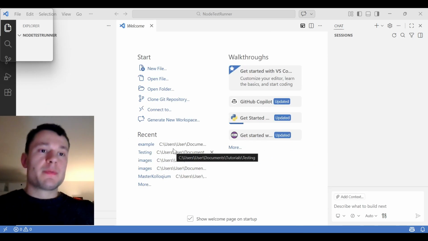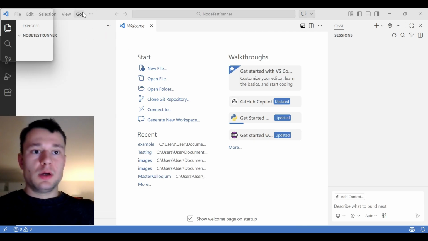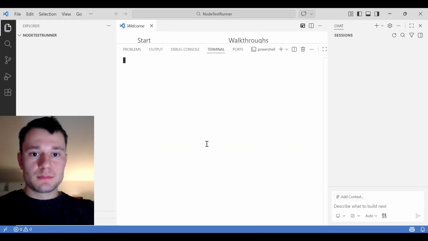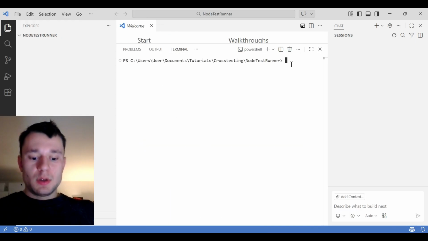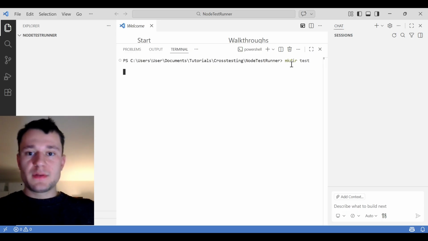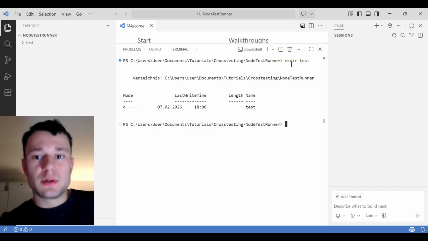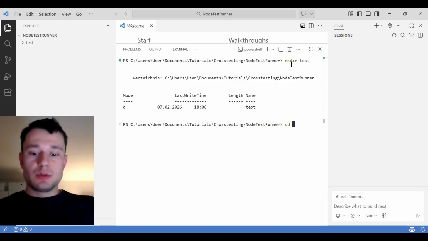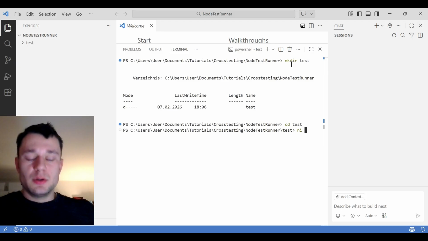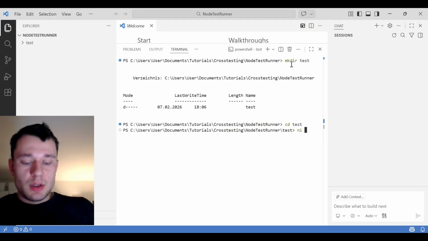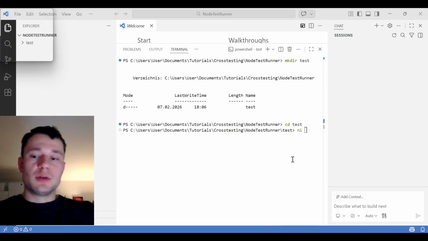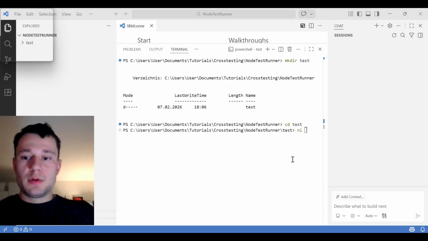So the first step, we need to make a folder called test. So make directory test, and now we change into this directory, and we will need to make a new file called example